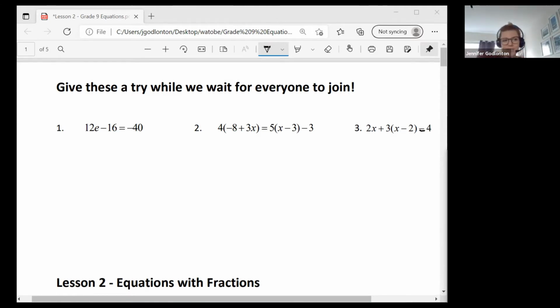All right, let's jump into these. Before we do anything, do we have a volunteer of anyone who feels comfortable to talk us through question 1? How about if I tell you the answer is -2? Do I have anyone who's comfortable to talk us through question 1? If you got the answer of -2, then you know you're right, so you can talk me through it.